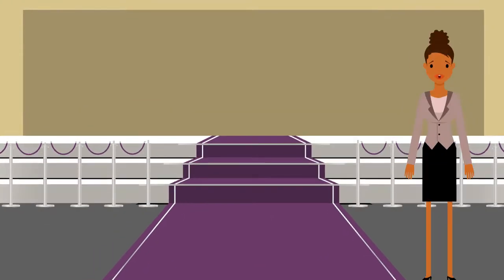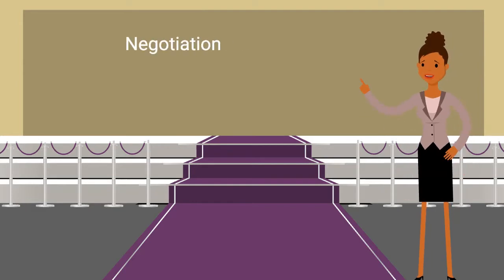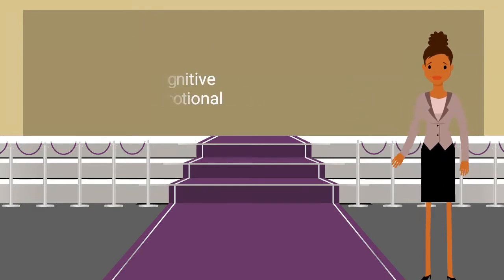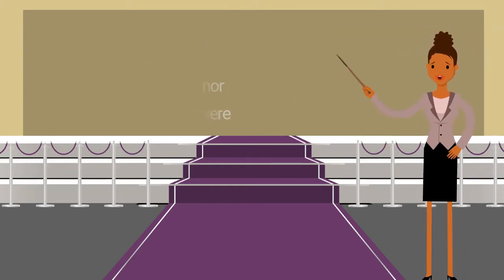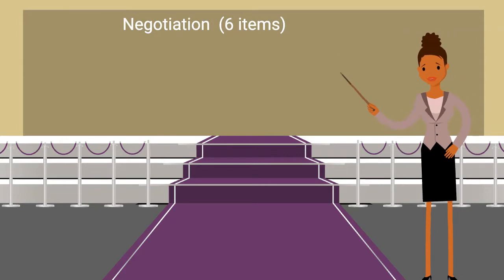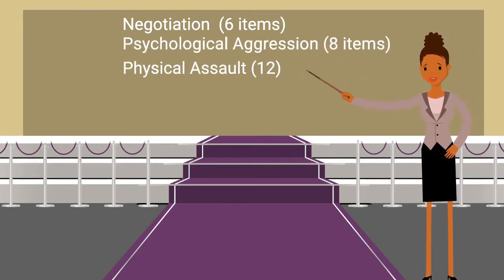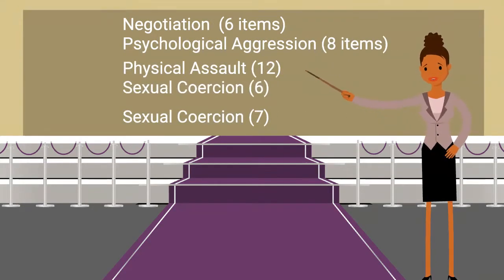Each of the five categories is then further subdivided into two subscales. Negotiation is subdivided into cognitive and emotional, while the other four categories are subdivided into minor and severe. There are 6 items in negotiation, 12 in physical assault, 8 in psychological aggression, 7 in sexual coercion, and 6